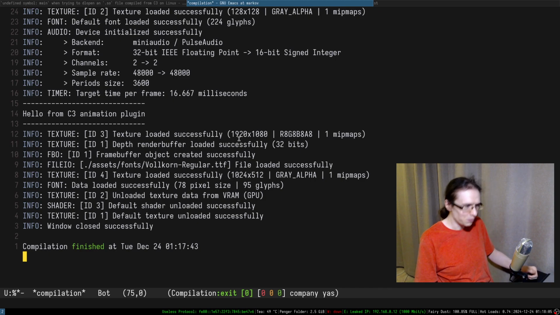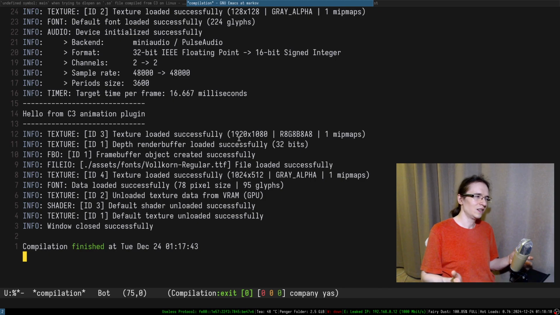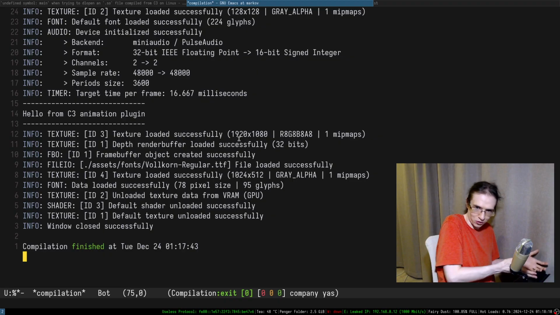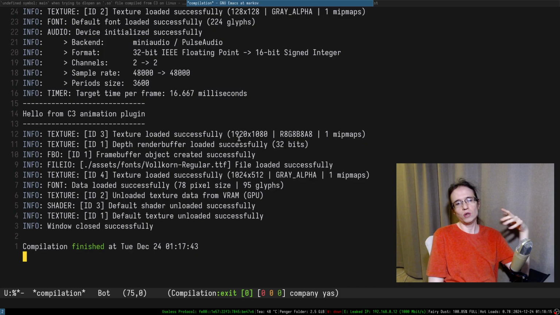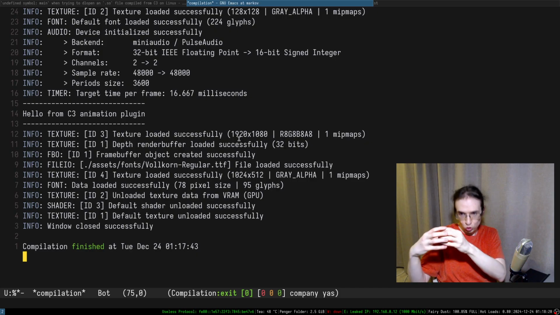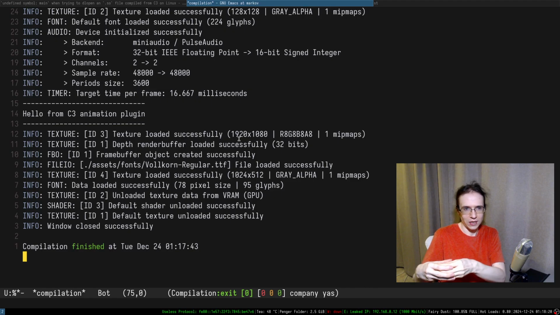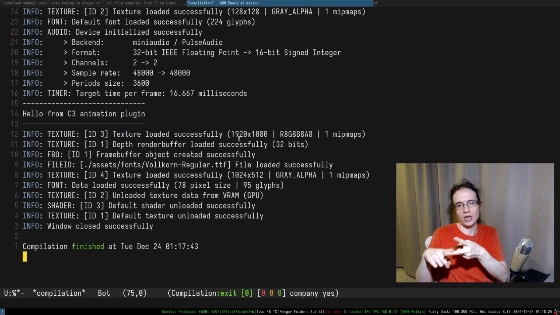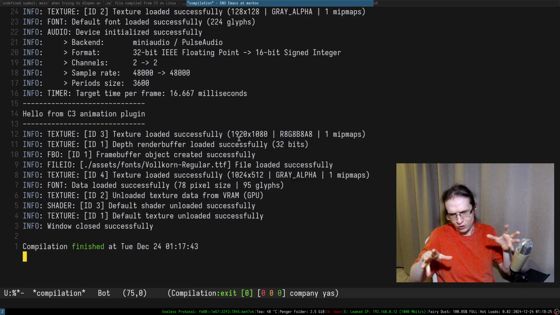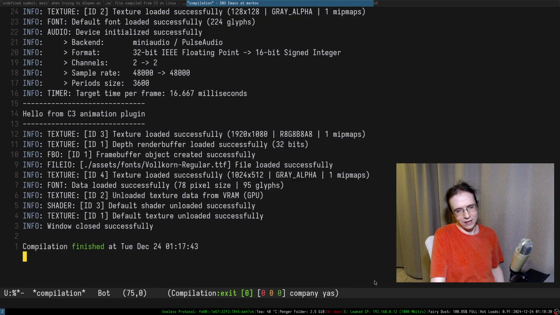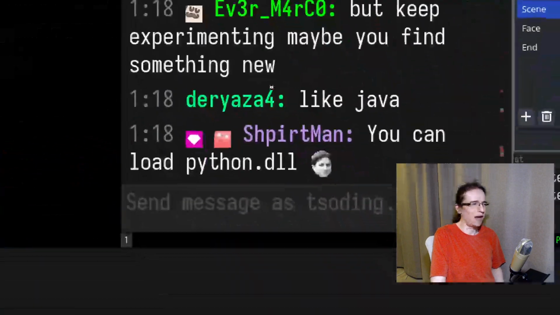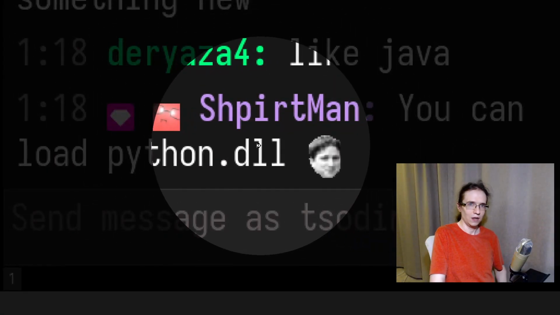Because the scripting languages usually can't create a DLL by themselves, but actually you can, if you want to do animations in a toy scripting language, you can take an interpreter of the toy scripting language, be that Python, JavaScript, or Lua, like any of these toy scripting languages. You can take its interpreter, compile it, yeah, exactly, Spiritman actually got the idea, compile it down to the DLL, also provide bindings for Raylib,